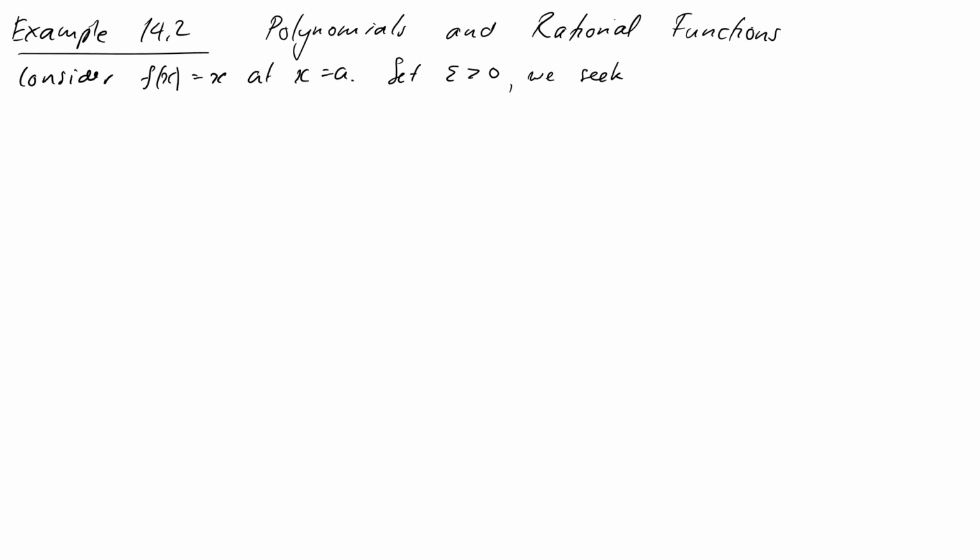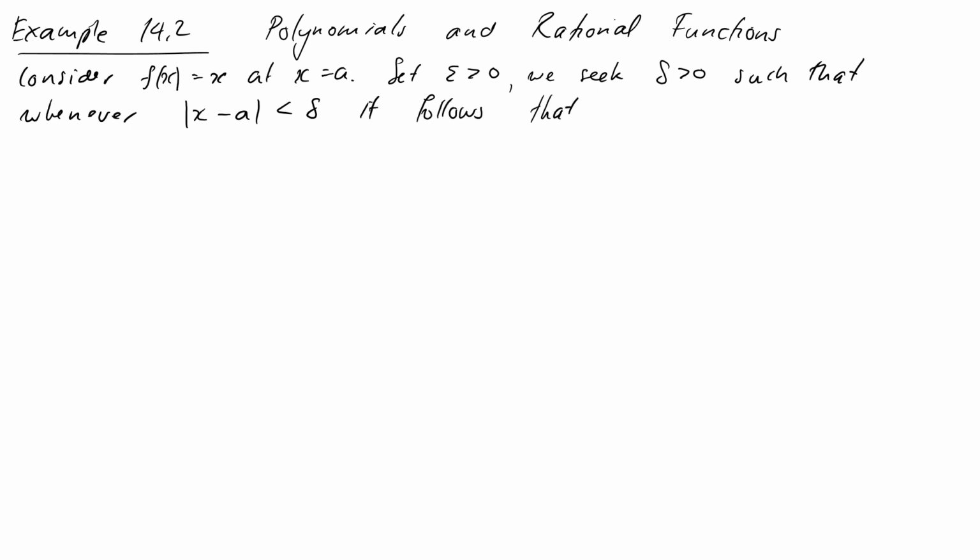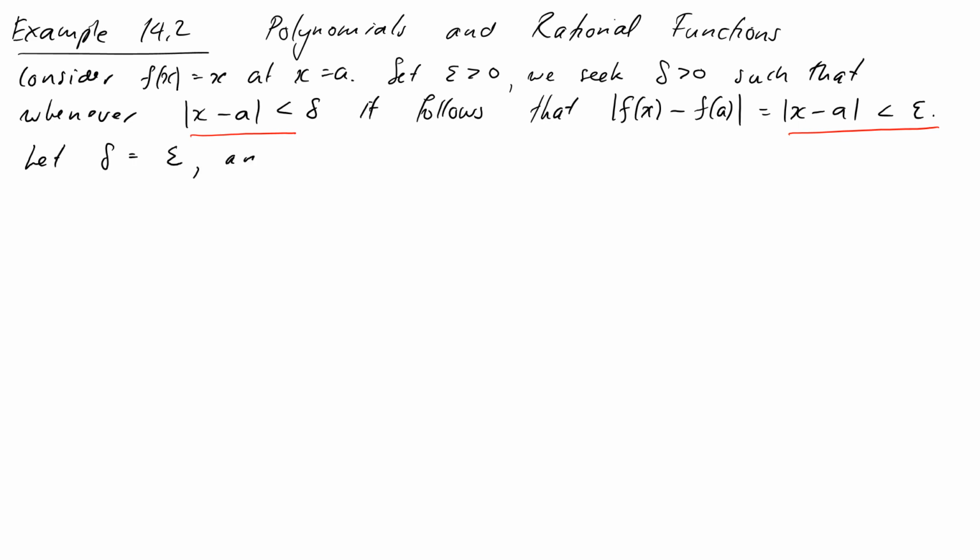so as usual, usually the epsilon delta version is more convenient to show that a particular function is continuous than the sequence characterization, but the sequence one is good for other reasons, which we'll see soon. So we seek delta greater than 0, such that whenever, we're just doing the standard template here, whenever the absolute value of x minus a is less than delta, it follows that the absolute value of f of x minus f of a is less than epsilon. And f of x minus f of a is just equal to x minus a, which is less than epsilon. Now this one is really easy because we actually have the same expression here as we have here, so we can simply say let delta equal epsilon,